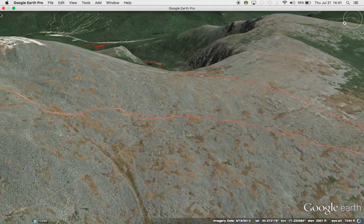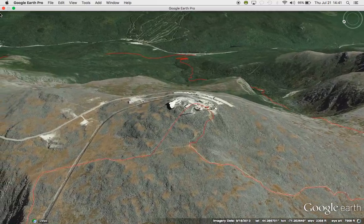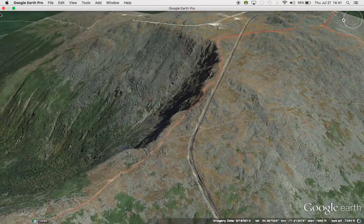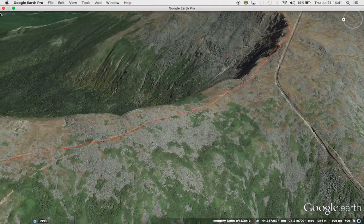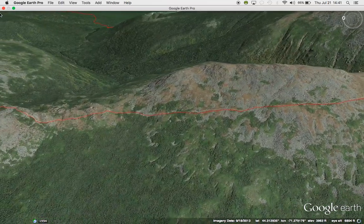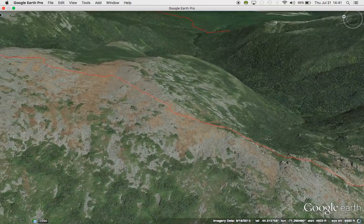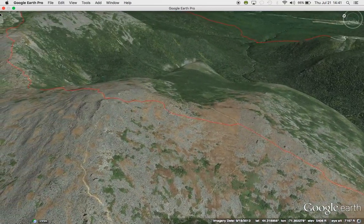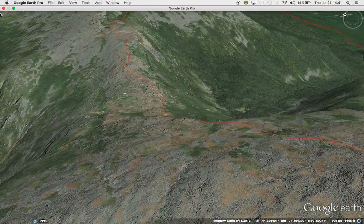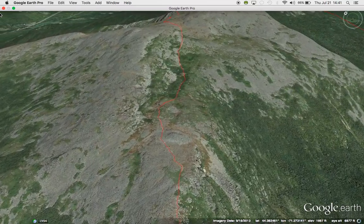From there, you're going to follow the Crawford Path up to the summit of Mount Washington. And then down from Mount Washington on the Gulf Side Trail, past a little subsidiary summit of Mount Clay, on towards Mount Jefferson. And there's the summit of Jefferson there. At that point, you drop down and head up towards